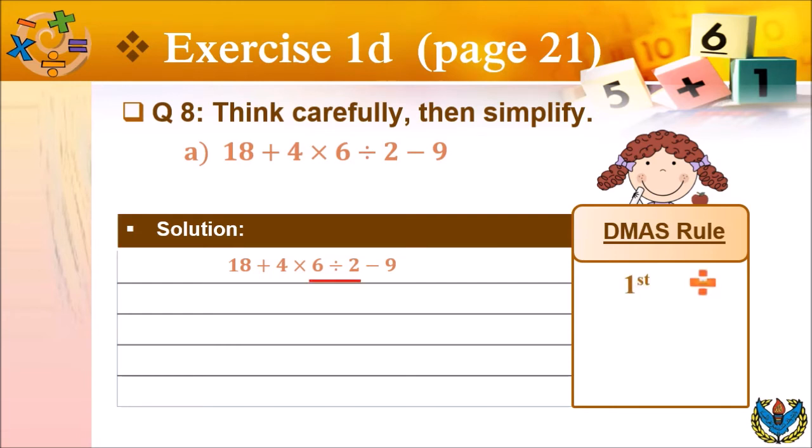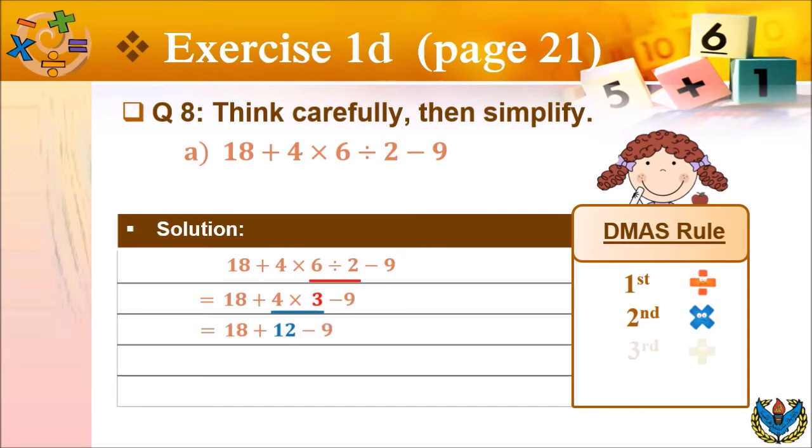Here we are solving the division part. It means only the division part will be changed in the next line and the unsolved part will be written the same. But don't forget to put the equal sign. In the next step we are going to multiply the numbers. So first we write 18 and then our answer, and then we will write -9.